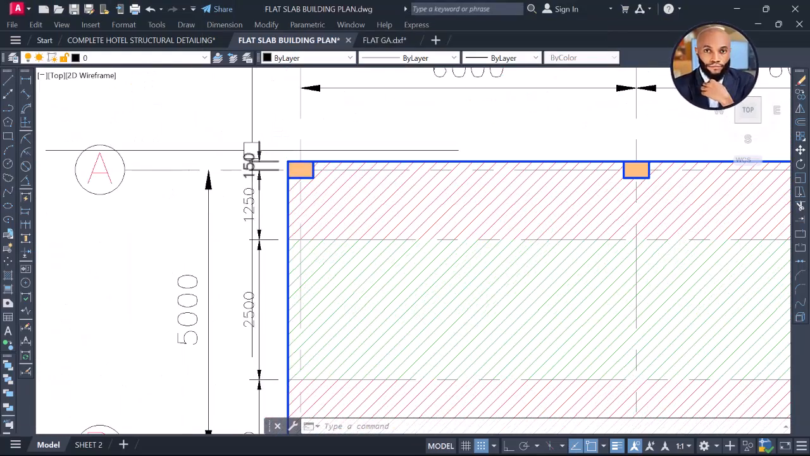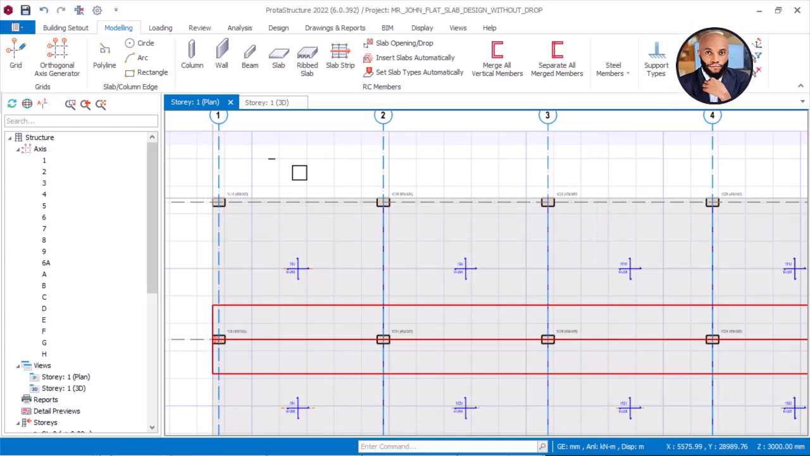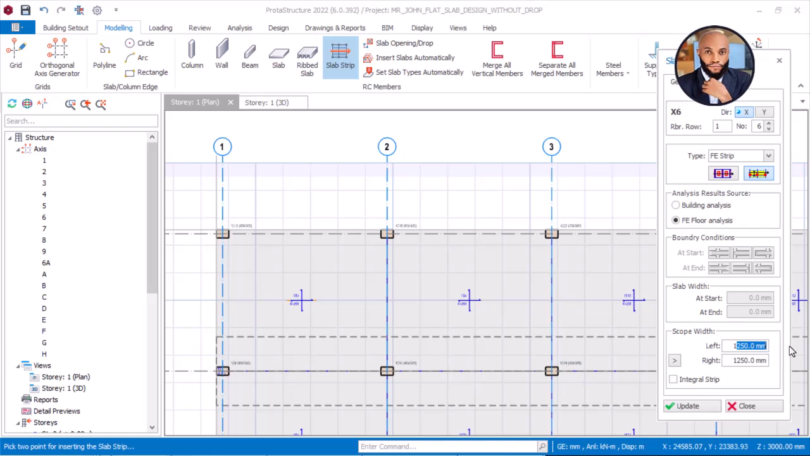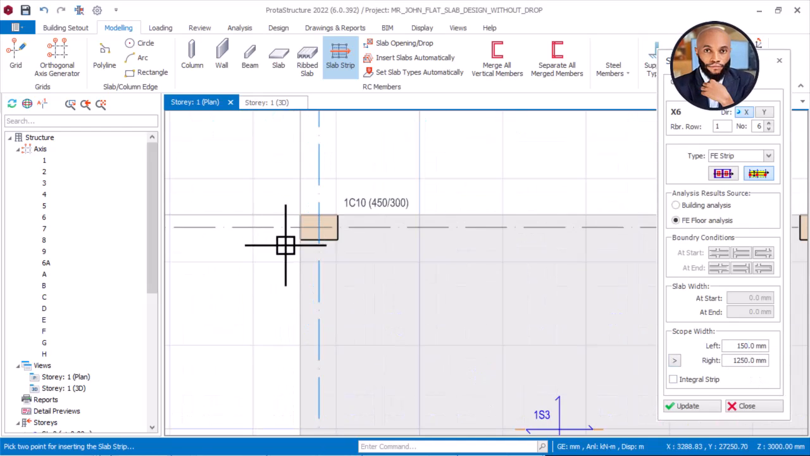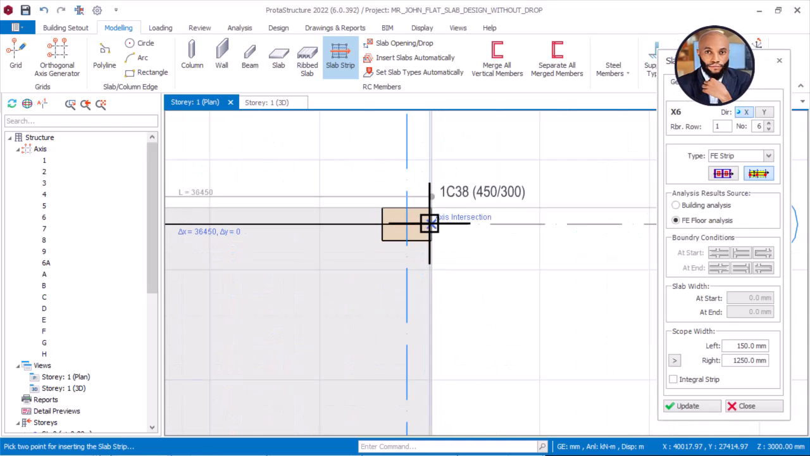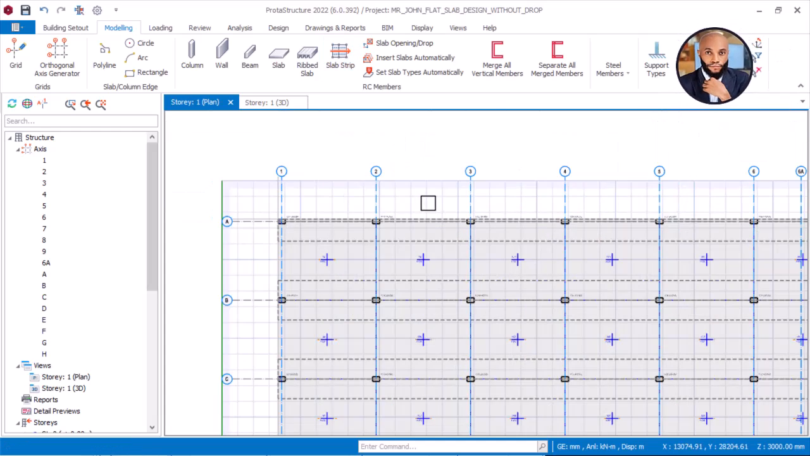So we have 150 and 1250. Okay, so right now, back again on this other side, the slab strip here, and we have 150 and 1250. Okay, and that's fine. And then come now and click on this here, the center point of here, and then come here, click at this here. Okay, so we have this. So you can see how we have now successfully taken